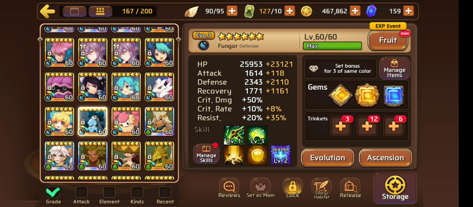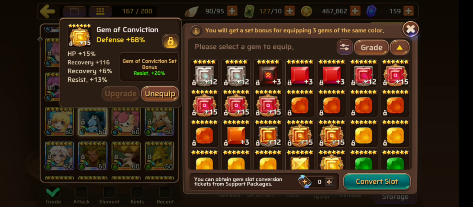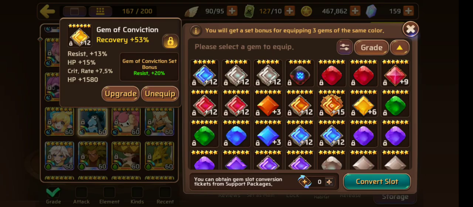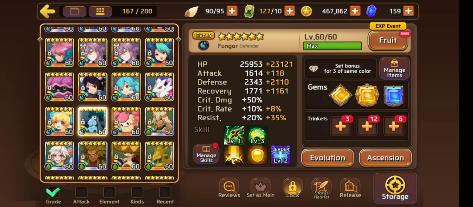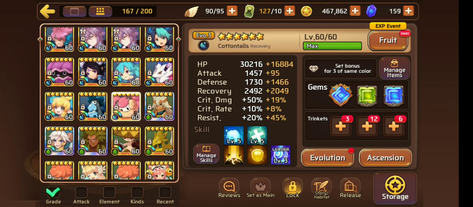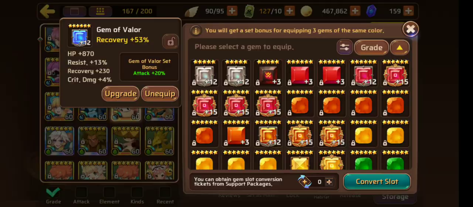How did his recovery get so much of a boost then? Am I crazy or something? Wait, oh yeah, it does have a recovery gem. I can't read today. Anyway, here's one of my water Cotteens. There we go, defense, HP, recovery,